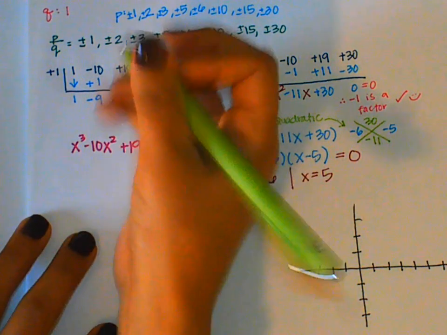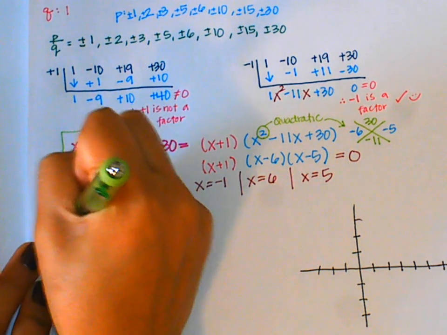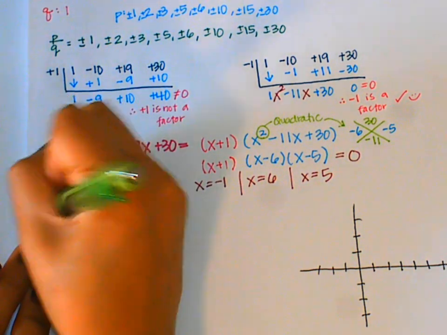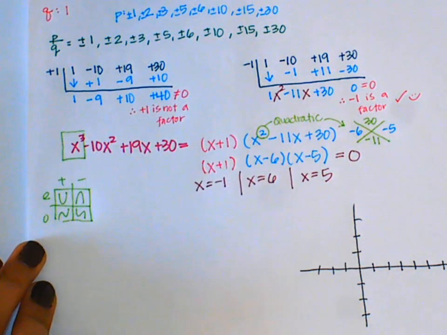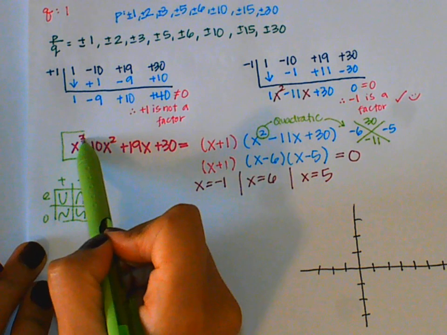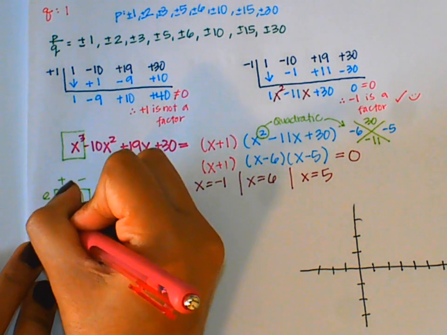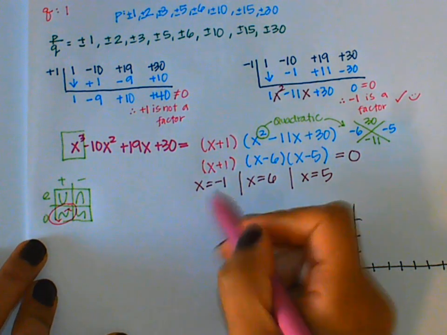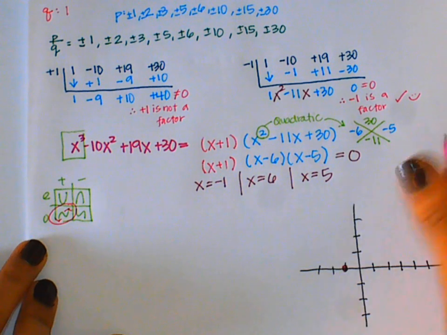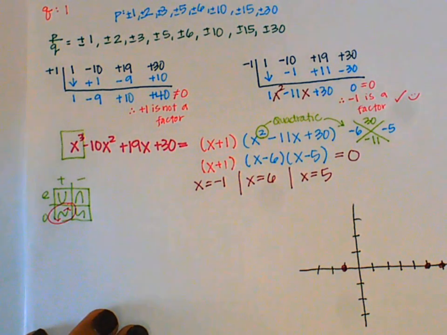I want to know the end behavior, so I'm going to need this term right here. According to my chart, this is a positive and an odd. So positive, odd, I'm going to look at this one here with those end behaviors, and I know my points. So let me go ahead and graph my points. I have a -1. I have a 3, 4, 5, and a 6. And my end behavior is going to be